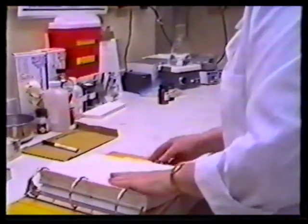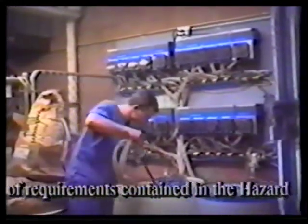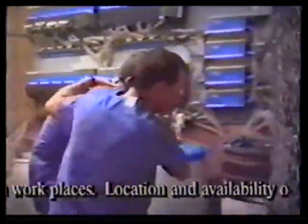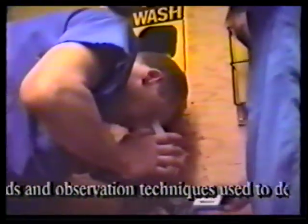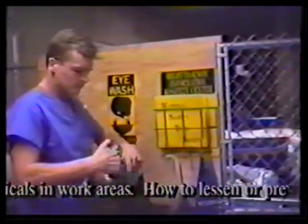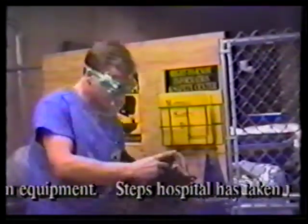At Salem Hospital, this hazard communication standard information is contained in the Hazard Communication Notebook, which is readily accessible in each department and nursing unit. Employee training and information should include an overview of the requirements contained in the hazard communication rules, chemicals present in their workplaces, location and availability of our written hazard program, physical and health effects of the hazardous chemicals, methods and observation techniques used to determine presence or release of hazardous chemicals into the work areas, how to lessen or prevent exposure to these hazardous chemicals through usage of work practices and personal protective equipment, steps the hospital has taken to lessen or prevent exposure to these chemicals,